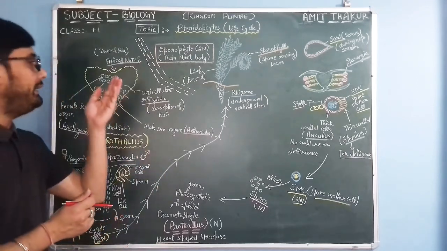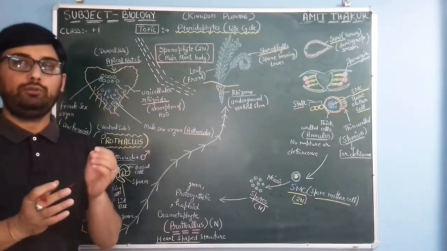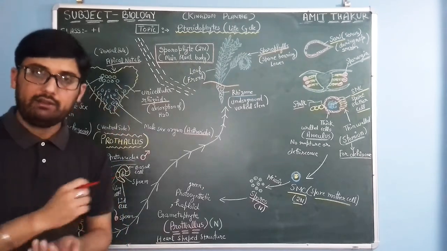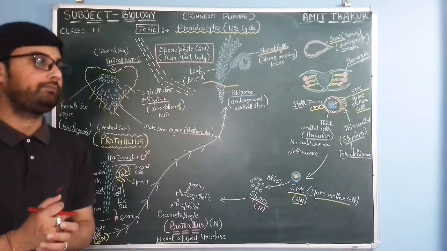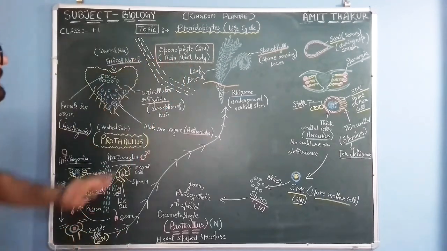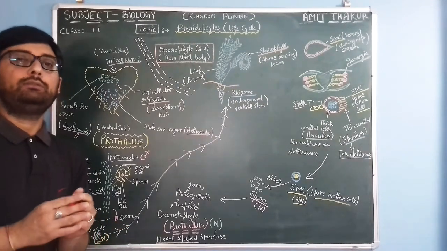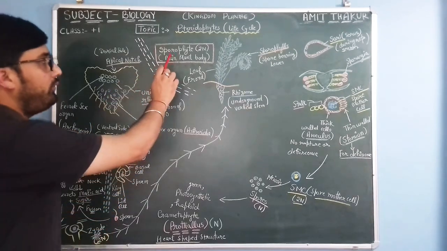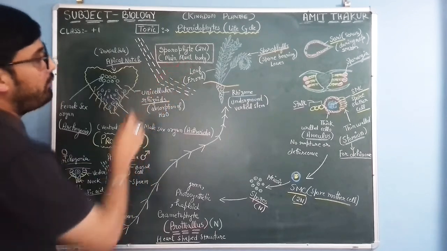But in case of pteridophytes, the sporophytic phase or sporophytic body is the main plant body, which is diploid and the dominant phase in the life cycle of pteridophytes. So here you can see the life cycle of pteridophytes. We would begin with the sporophytic body or sporophyte. So this is a sporophyte, diploid, okay, and is the main plant body.